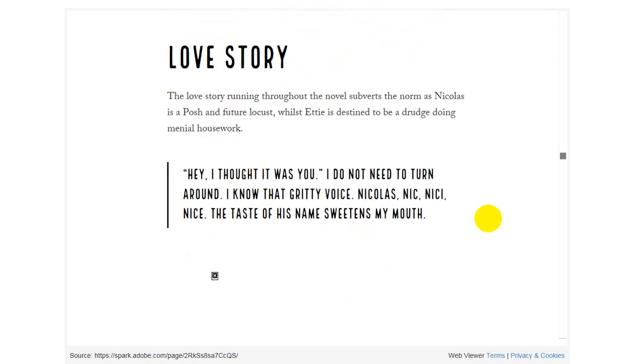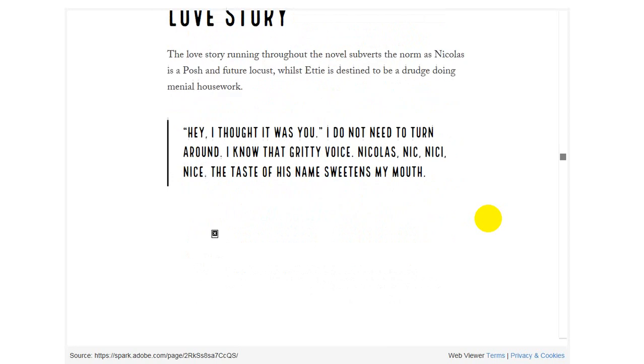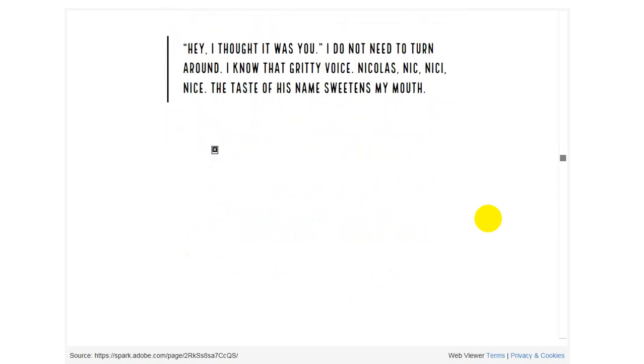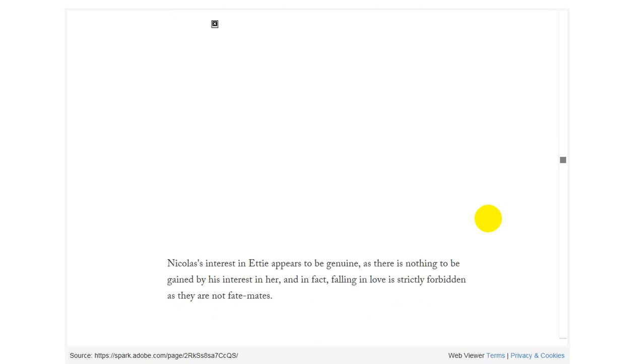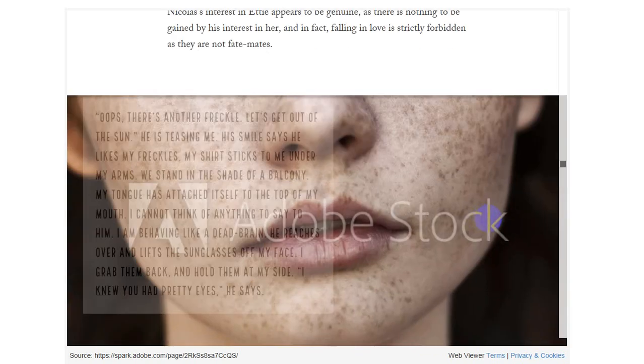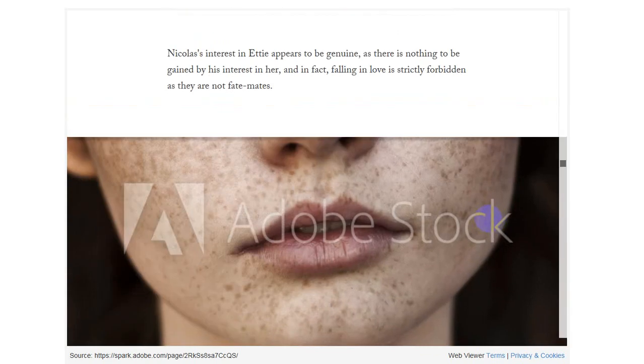Freedom. And then weaving its way throughout the whole story is this love story between Edyth and Nicholas. Nicholas is a posh and a future locust, and he is drawn to her. He recognizes something in her straight away, something that longs for freedom just like he does. But he's also attracted to her. He thinks she's pretty, and this just shows how unreliable she is as a narrator. She thinks she has pus-colored skin, but he thinks she's pretty, and